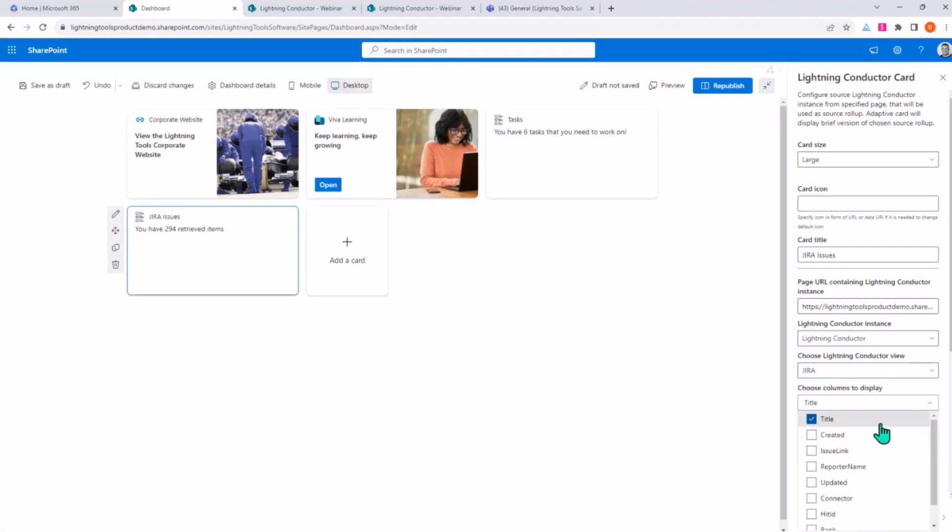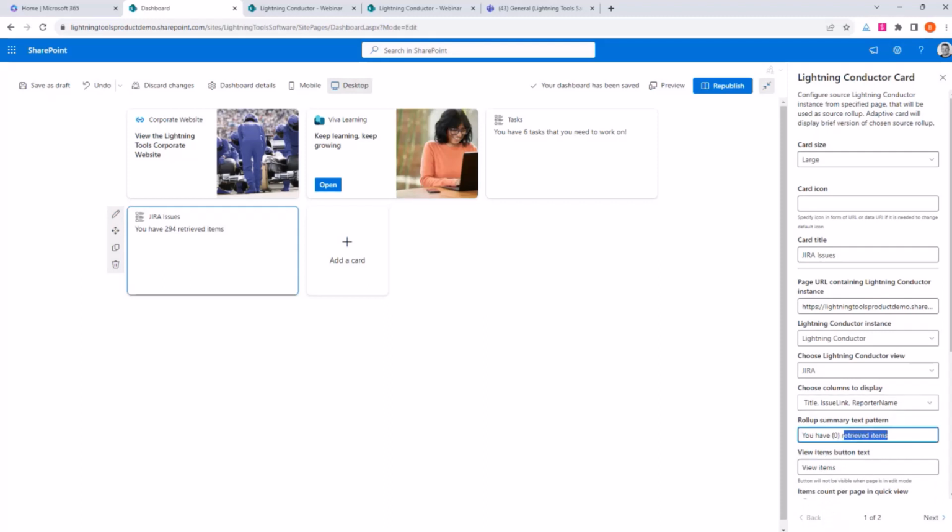So we've got the title of the issue. So this is issues reported about the software. We can see there's 294 issues in here that we're working on. We could render an issue link, so we can actually open up those issues. And we've also got when it was created, maybe not so important, maybe who reported it, and anything else that we want to include there. So I'll just have those few, and then we can again change that text to say you have X amount of issues reported about our software